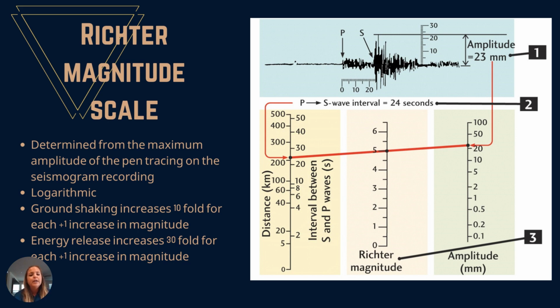Okay, so here we use the amplitude and the interval between the P and the S wave to triangulate what magnitude we think might be from this earthquake. So here it shows you that there's an amplitude of 23. So on your amplitude chart, you would find where 23 sits, make a point, and then your PS interval is 24 seconds here. You would find that on the yellow far left chart. Find your 24 seconds, and then you just draw a line between the two,